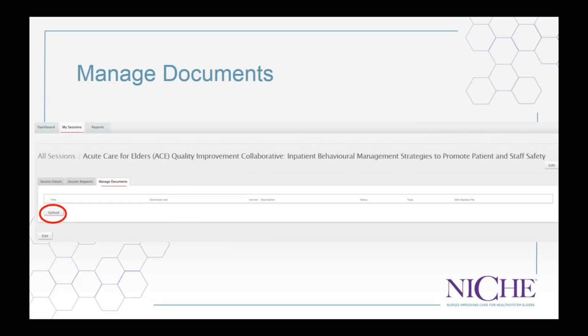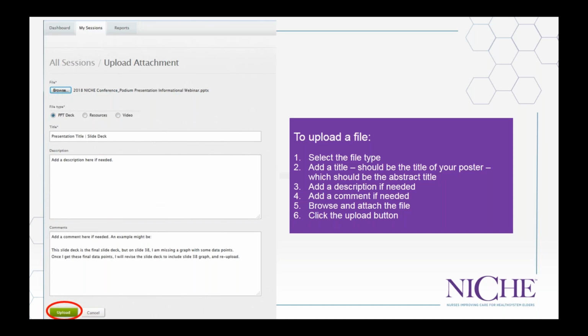As a poster presenter, we ask that you send us a PDF of your poster once your poster has been finalized. So here is where you will upload your poster PDF. You're going to click on the upload button from this page. To upload a file, you select the file type, add a title, which should be the title of your poster,